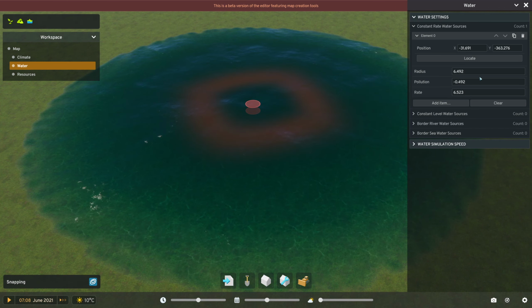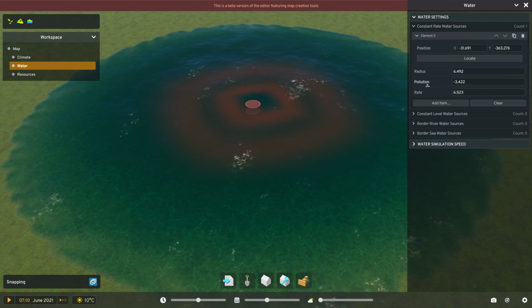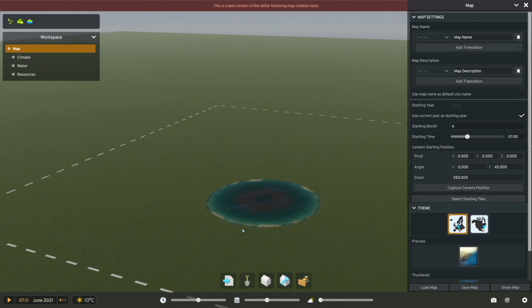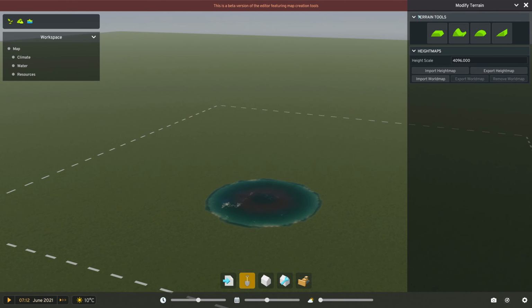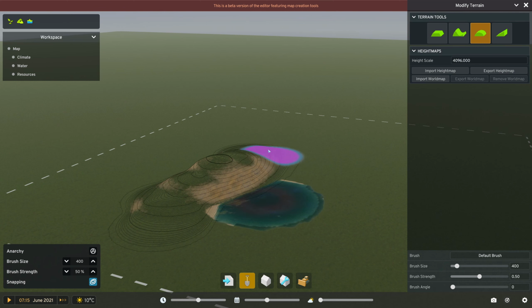Now looking at this, it feels like I should be able to even make some artwork with that. But other than that, you have everything that you would have in the terrain. You can increase the land in some areas. You can soften the terrain, same tools that you have in game, basically. But you also can import height maps. Basically, height maps are real life map information that you can import in here and create your own representation